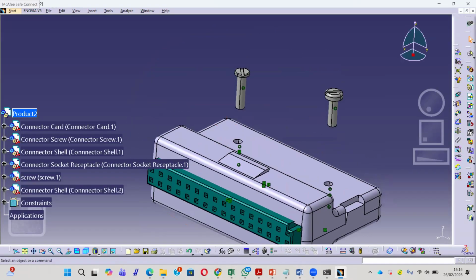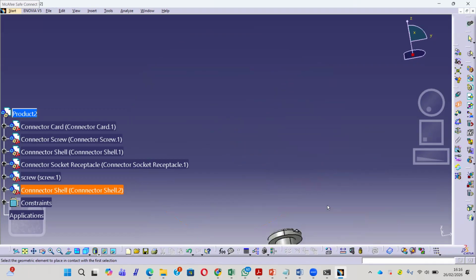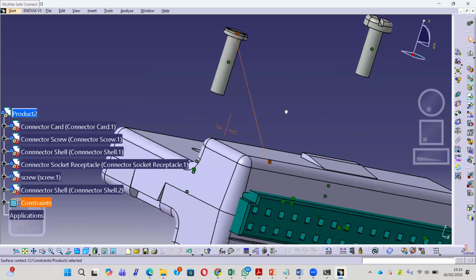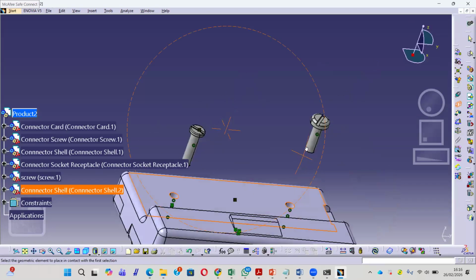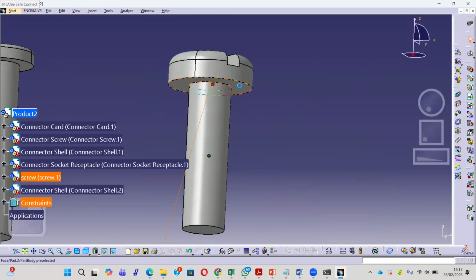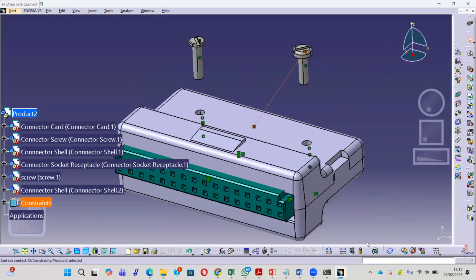And then after this, we make a contact constraint to make the position of the screw. Will contact, for example, this face will contact to this one. Also contact again, this face will contact this one, and then update.